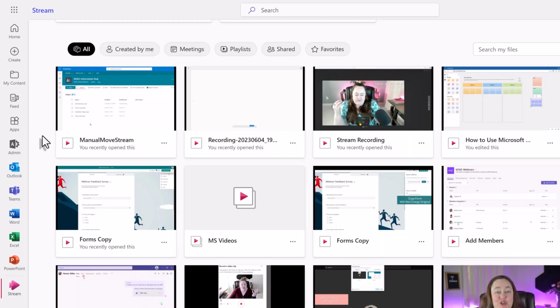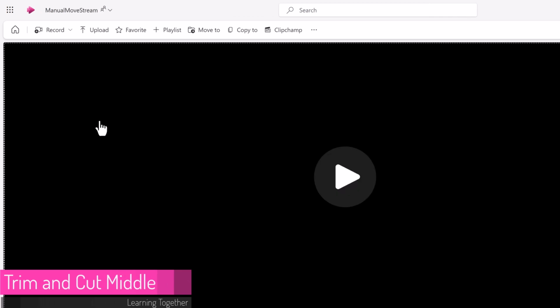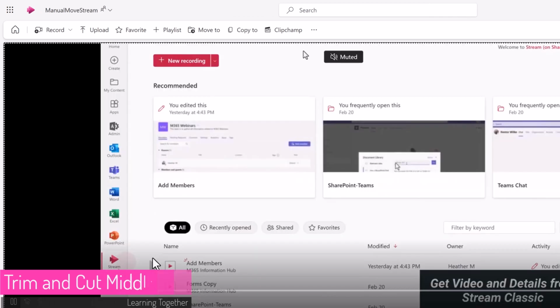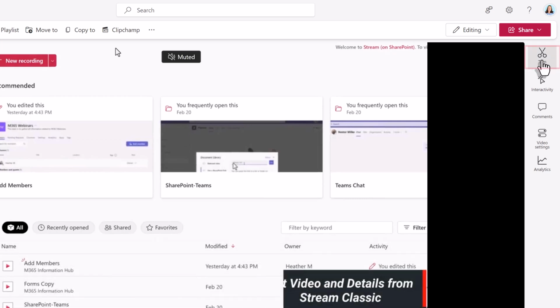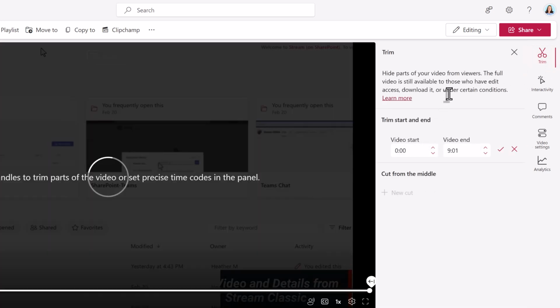To get started, I've navigated to Stream on SharePoint and I'll select the first video on my list. Now, when you select your video, it's going to open up in a different tab. And I'd like to draw your attention to the right-hand side of the screen where you will see the trim function at the top of the navigation menu. When you click on that, a pane will open up from the right-hand side of the screen, and it's important